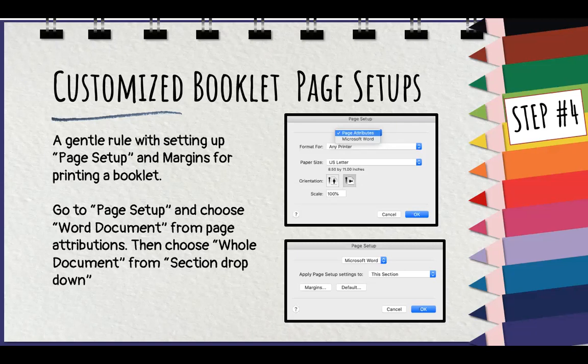In your Word program, you basically just go to File, Page Setup, and then within the page setup, you're going to get this first screenshot. Within here, it's going to give you a placeholder that says Page Attributes. You're going to click on that and choose Microsoft Word. From the Microsoft Word category, you're going to have another field down here. It says This Section. You're now going to choose that with a drop down and then choose Whole Document,